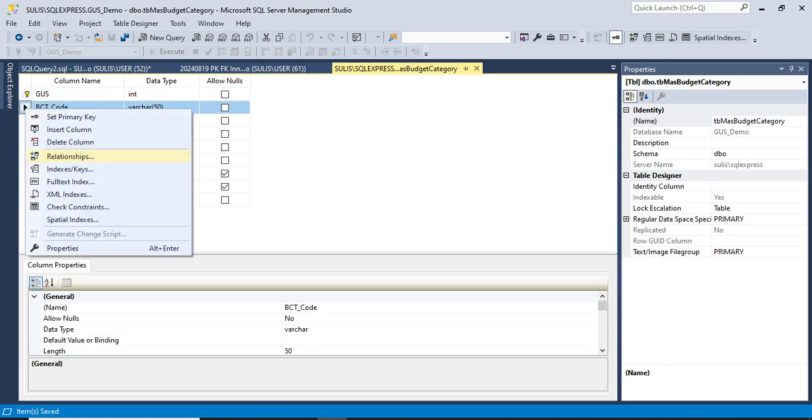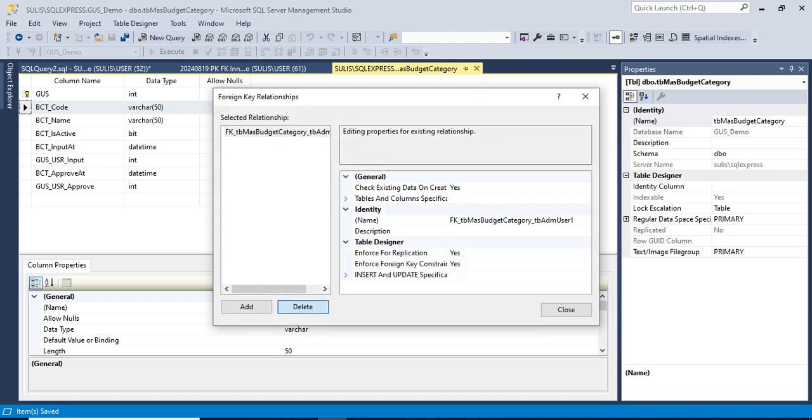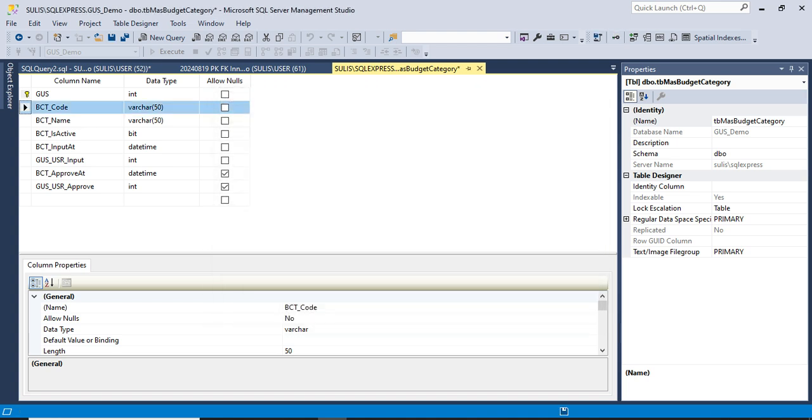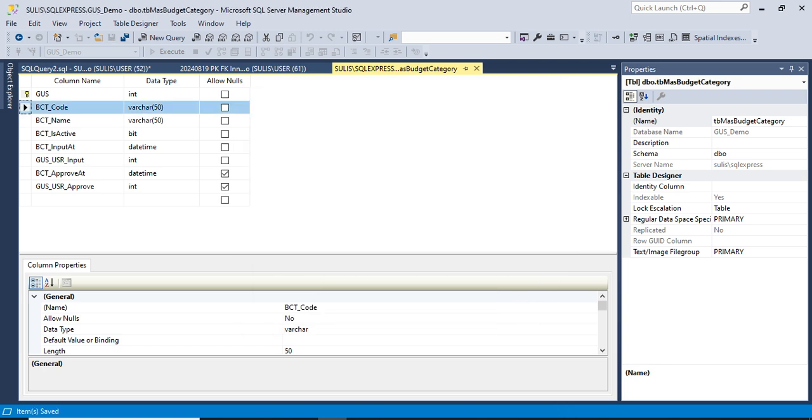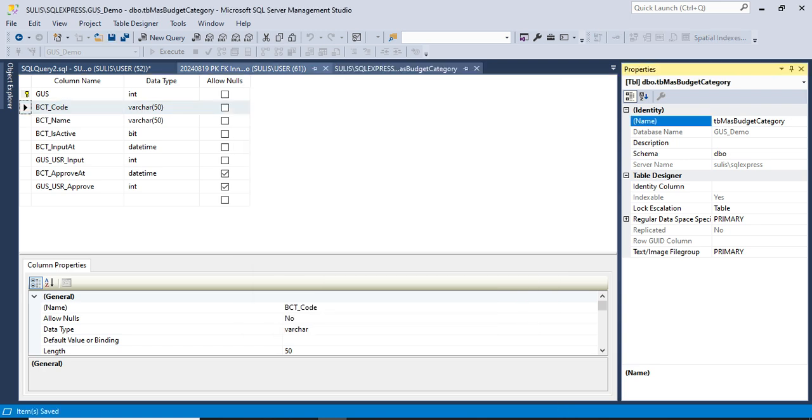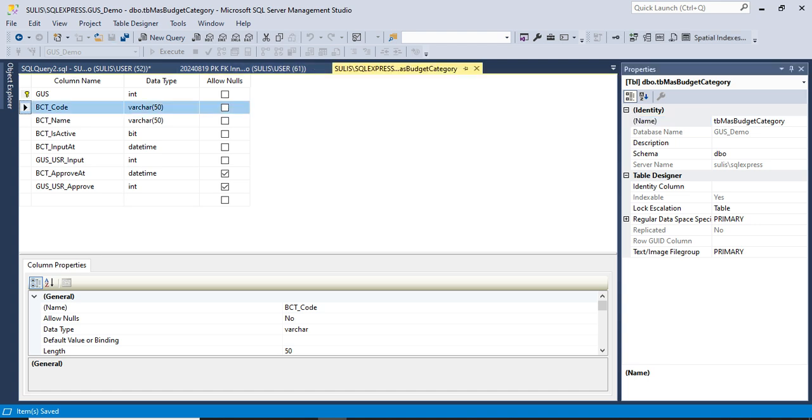And now I want to create a relationship between this master budget category and the table administration user. I want to make a relationship between Goose USR input and Goose USR approve to table administration user.